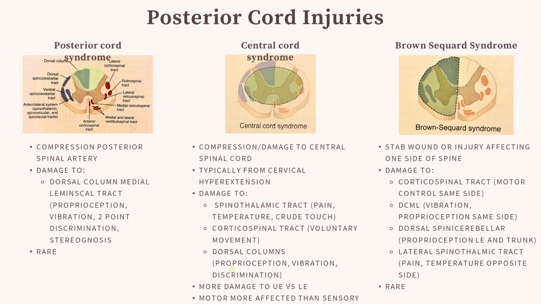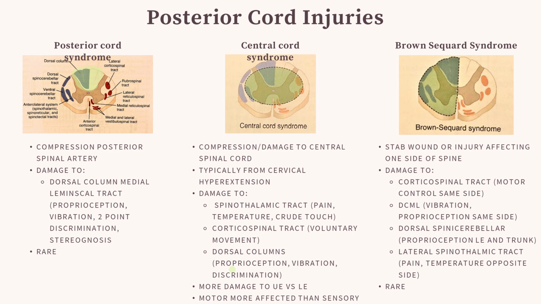So we're going to hit the spinothalamic tract, which is going to be pain and temperature on the contralateral side, as well as crude touch. We're going to hit the corticospinal tract, which is our voluntary movements, which we'll talk about when we're talking about the descending pathways, the motor pathways. And then we're going to hit our dorsal column again. Proprioception, discriminatory touch, vibration, 2-point discrimination, stereognosis, all of those types of things will be affected when it comes to